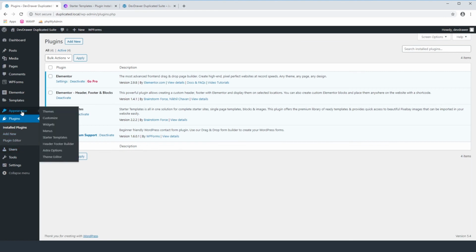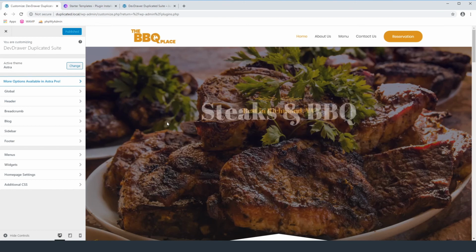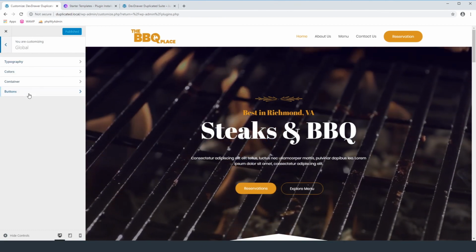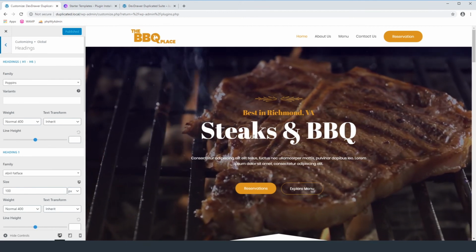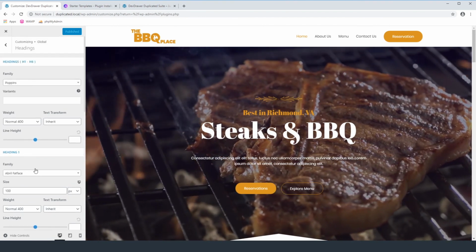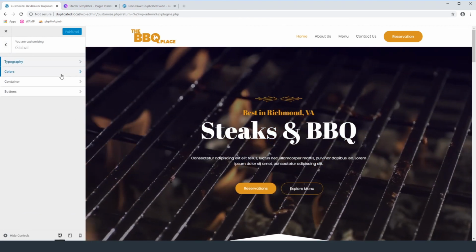Let's go first into our appearance, and like I told you before, it heavily uses the customizer settings. If you click on appearance and then customize, and you open this up, you'll see a lot of different options that weren't on the website previously, because we didn't use those customizer options when we were building the theme. First thing you need to do is change the typography of your headings. Right now it's using, I guess, Poppins maybe. I don't know exactly what this font is, but they have their headers and all the fonts used for the website. I'm going to keep all of that default, but you can come in here and